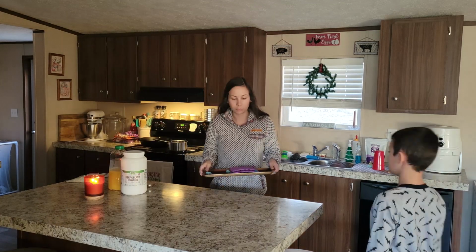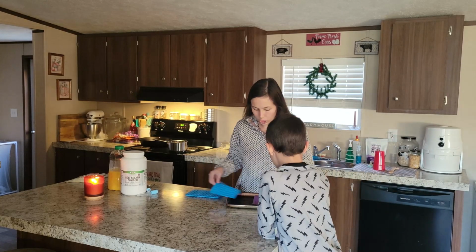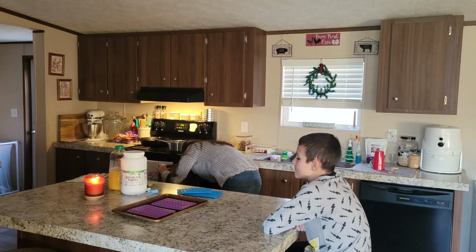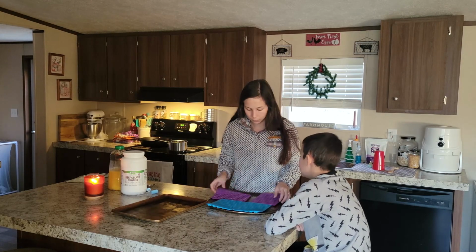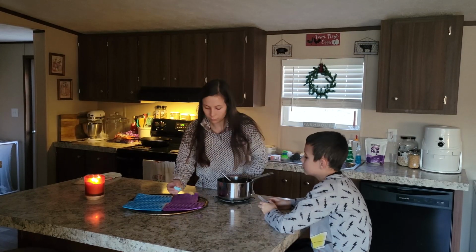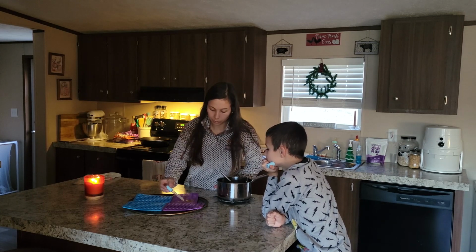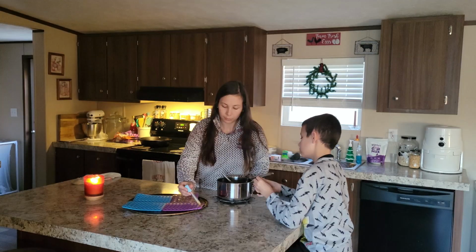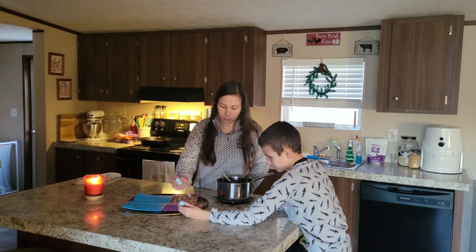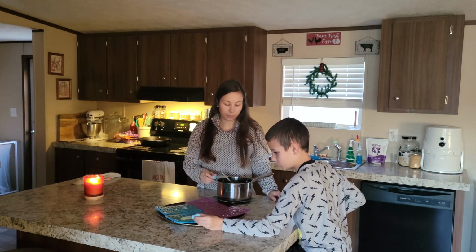I had seen on Three Rivers Homestead, Jessica, she makes her kids homemade gummies with beef gelatin powder, and I have this big tub of that where I bought it to make my kids some Jello, and so I seen she made the gummies, and I was like, oh, my kids would love that because they love gummies. So I bought the little silicone molds, and it came with the droppers so that we can make our own homemade gummies. And that way, my kids are getting a snack that is way healthier than what you can get